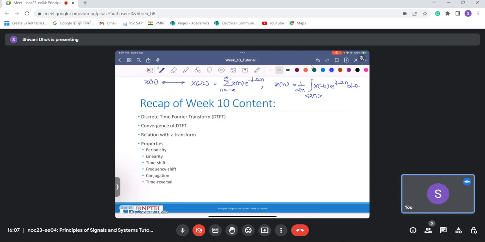The next thing that was discussed regarding this was the convergence of DTFT, and the DTFT converges if